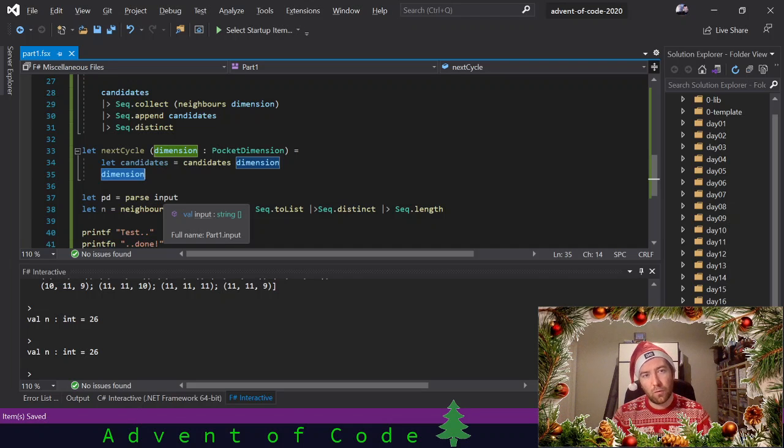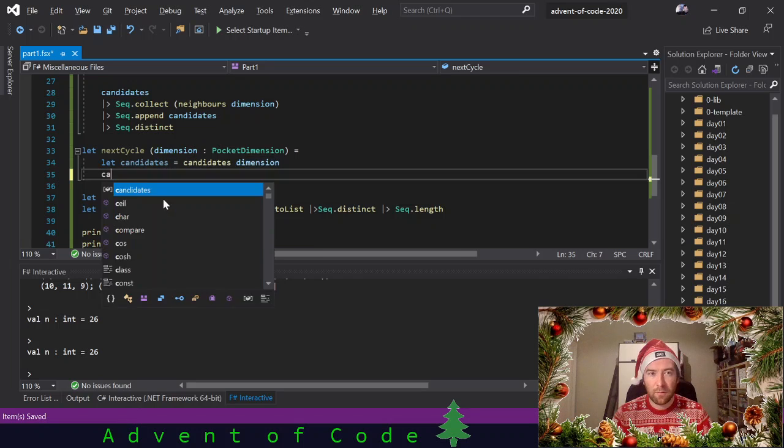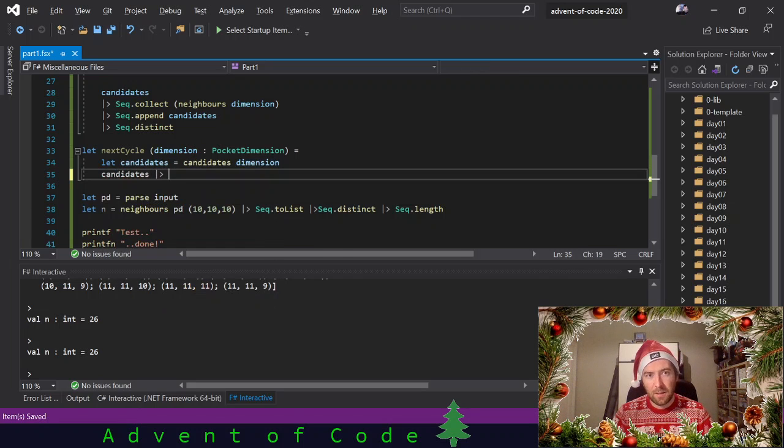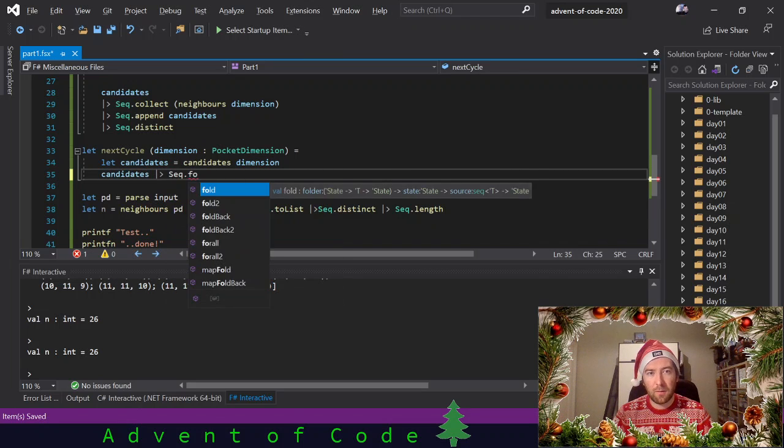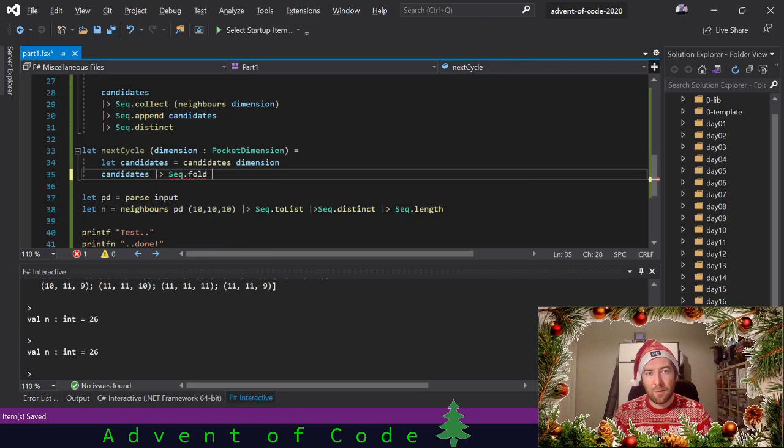Let's do something for every candidate. Yes, let's do something for every candidate. Let's use a fold so we can thread. No, can we use a fold? No, let's not use a fold because it all has to happen at the same cycle. We don't have to do things incrementally. Changing one candidate should not affect subsequent candidates. So I think we can just